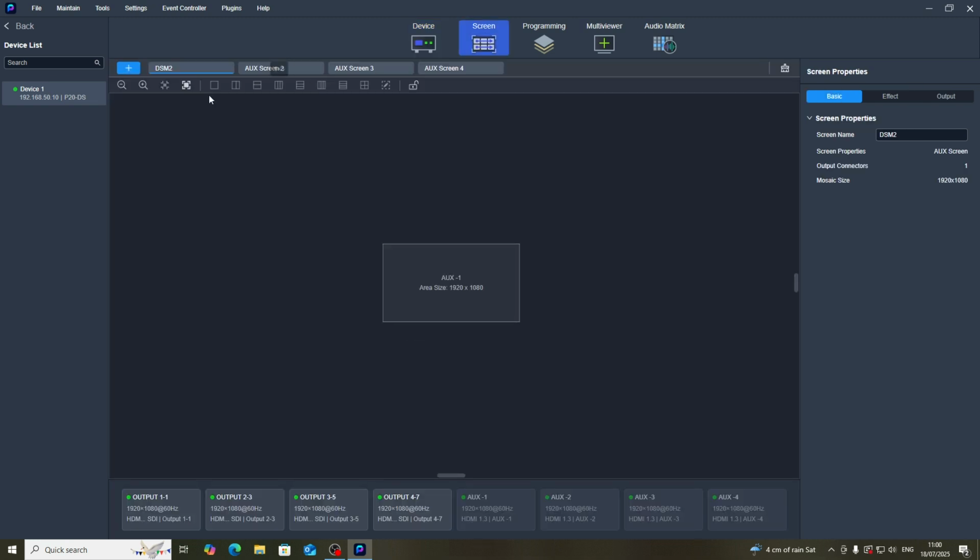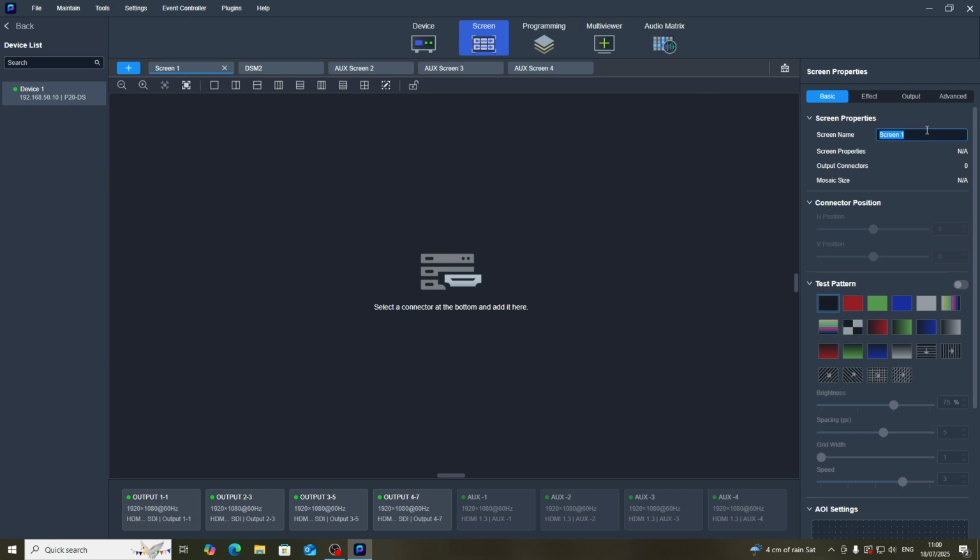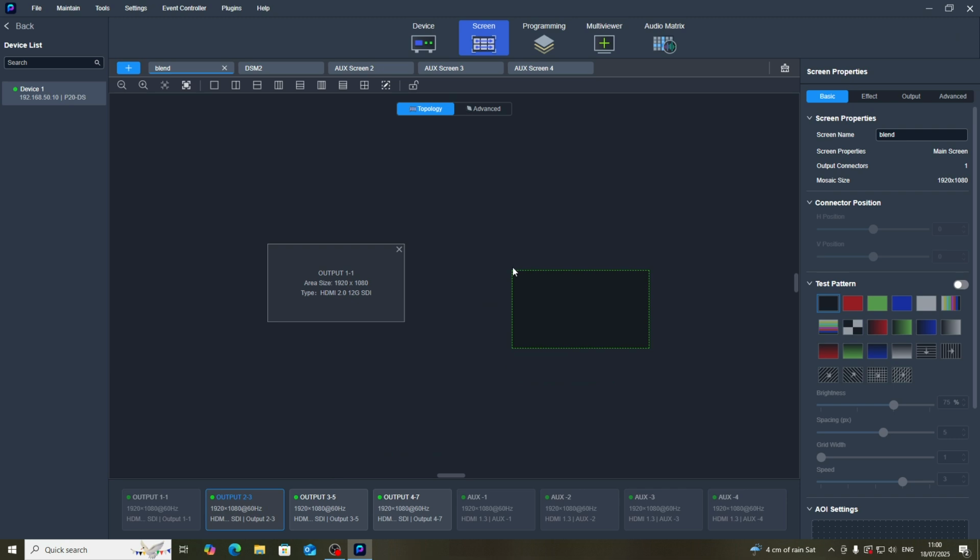So for our screen, we're going to add a screen for our blend. So we're going to take connectors 1 and 2, or outputs 1 and 2 for our blend. So let's call this blend. And I'm going to drop outputs 1 and then outputs 2 for our blend. There's a few different ways of how we could do this. The quickest way of me doing this would be just to bump them next to each other. Now, I'm actually going to do a 3:1 blend, and there's 2 different sizes I could do. So I could either do a 1080p depth 3:1 blend, or I could do a 1200 depth 3:1 blend, and